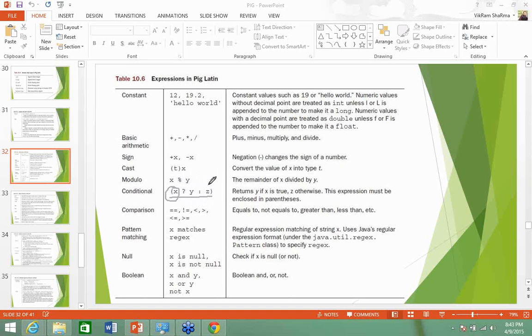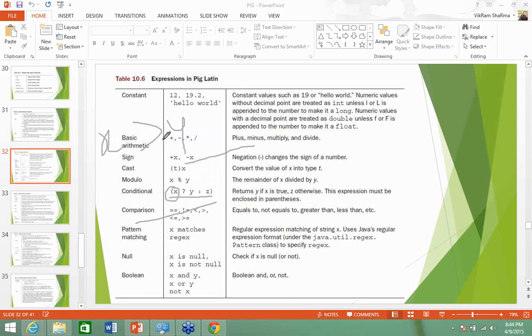How do we write it in Java or any other language? If we have to compare two values, suppose x should be greater than y, how will you write it? You would write that if x is greater, then x is the greater, else y is greater. All these steps can be done using this single expression.